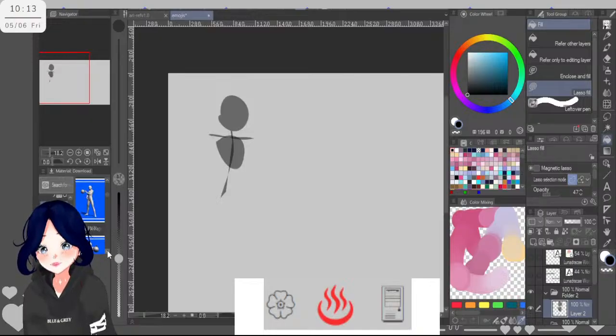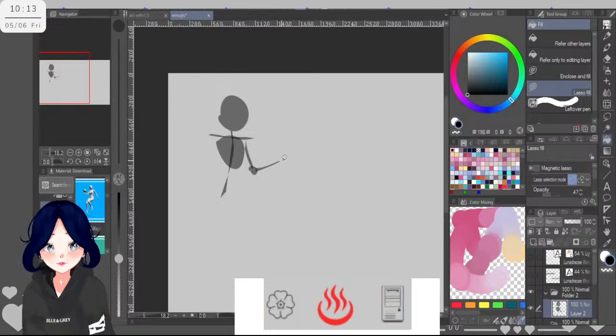I think something like this works, like this one. It's not exactly it, but it is close enough, so we can work with that.